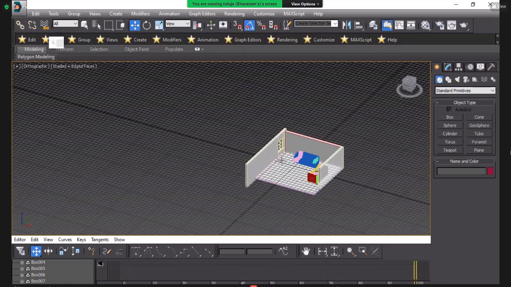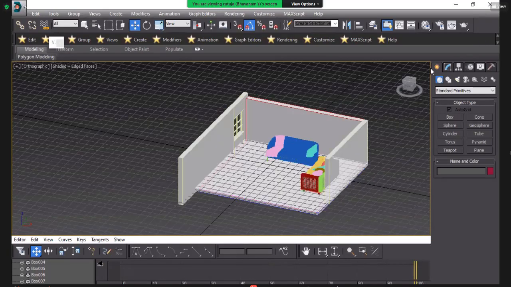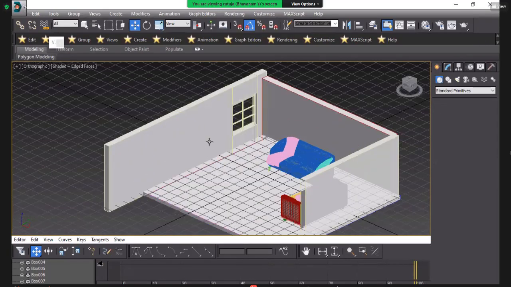I press Control Z, but it does not go back. So don't worry, we can create it once again.